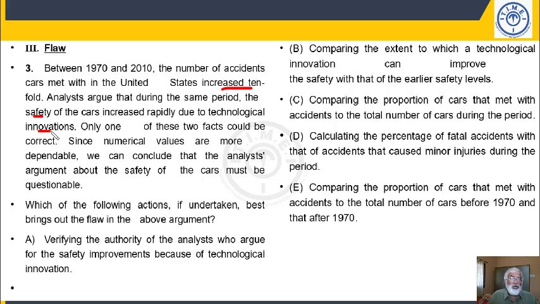That's not going to give you the flaw. Comparing the proportion of cars that met with accidents to the total number of cars during the period, which means the accident rate has to be compared to the traffic that actually existed at that time. If you can give me that, then you will demonstrate what this flaw is. So when you say the proportion of cars that met with accidents to a total number of cars, that means traffic has increased such a great deal that the proportion of cars that met with the accidents is actually lower